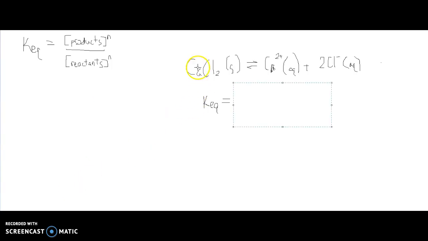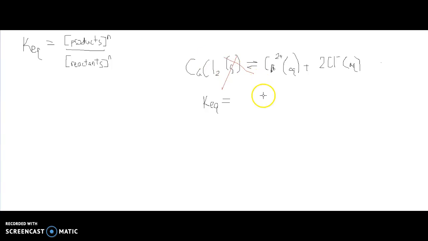Alright, so our next equation is CaCl2 solid yields Ca with a 2 plus charge aqueous plus 2 Cl with a negative charge aqueous. So we know that we can't include solids, so we're going to mark that off, because that can't be included. So we know that KEQ equals the products over the reactants. So in this equation, we don't have any reactants. So we only have the products,